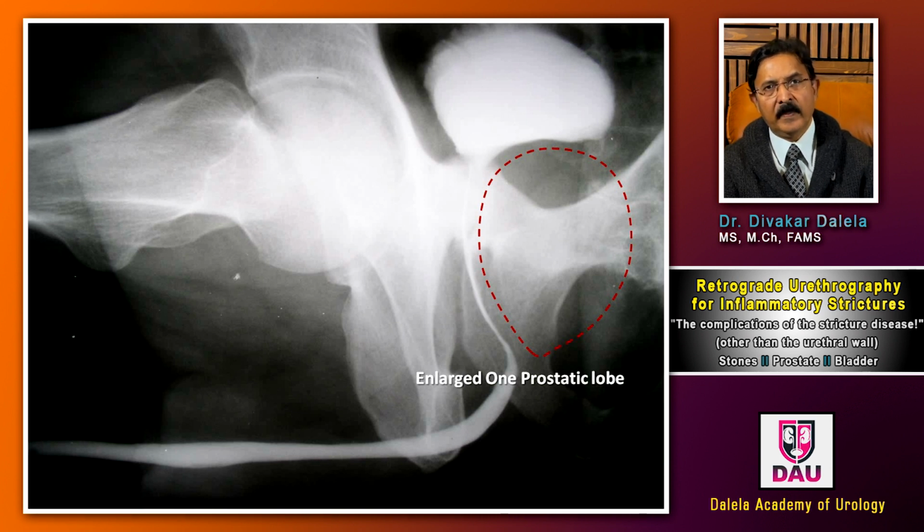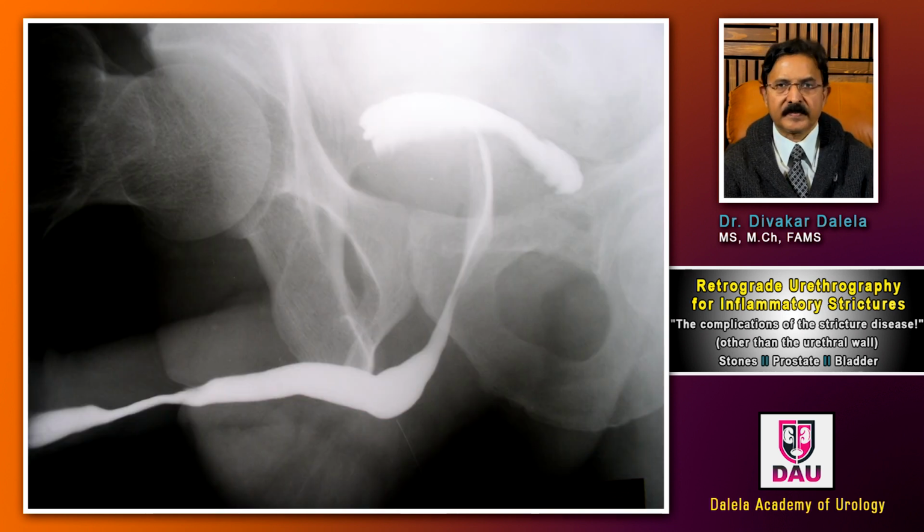And if that were to develop suddenly, and if that is associated with fever and perineal pain, this would be what? Prostatitis or even a prostatic abscess. Most likely a big prostatic abscess. You will confirm that, of course, by another imaging. But in the picture, you are seeing a uniform displacement of the prostatic urethra to one side, and that will happen because of unilateral prostatic lobar enlargement.